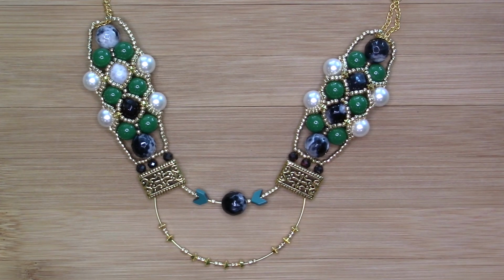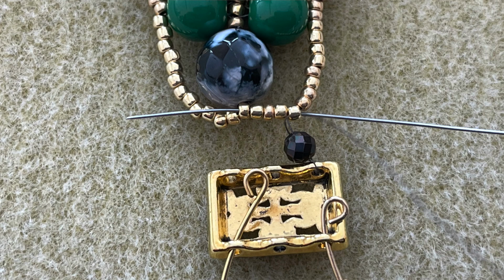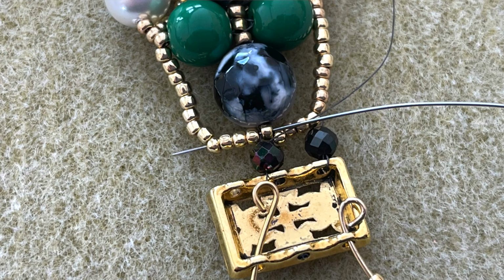And now that I've got that main memory wire, 2 loops done, and added to the 6-hole loop link, now I'm ready to add the 2 pieces of the two focal points that I'd made there. As you can see on the right hand side, I had a long piece of thread left over from that particular focal. I just took that over to the 4th bead. So I went on the right hand side of the 4th bead, came out, and then I added my 4mm faceted hematite bead, went through that first hole, as you can see in the loop link, and then came around and went back through the 4mm faceted bead, went all the way across to the middle bead, so that very first 11/0 seed bead right on top of the 10mm bead, added my next 4mm faceted bead, did the loop, came back down through that faceted bead, and then entered the opposite side of that 11/0 seed bead,